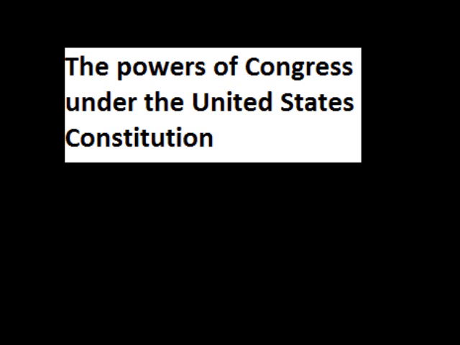The power under the Commerce Clause, and actually all the other clauses in Article 1, Section 8, is expanded somewhat by a clause called the Necessary and Proper Clause, which says that Congress shall have the power to make all laws which shall be necessary and proper for carrying into execution the foregoing powers and all other powers vested by this Constitution. So that says that they can pass laws that are necessary to achieve the results that they can legitimately legislate and attempt to achieve under the other clauses of Article 1,